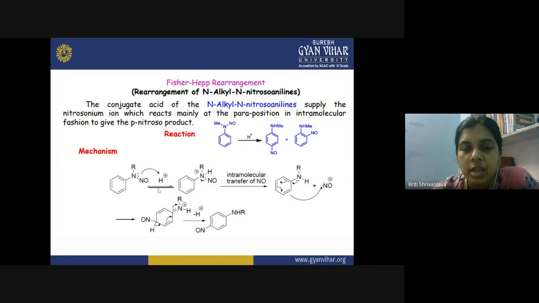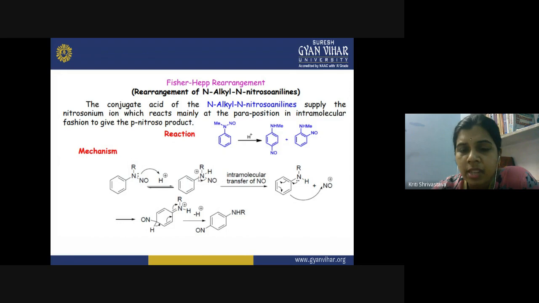amine nitrogen, and once the acid is present, again the nitrogen electrons will attract the proton present in the medium. This proton will come here and get attached to the nitrogen, and the nitrogen will now contain the positive charge of the hydrogen, because the formal charge will move in the opposite direction. So now the positive charge will be on the nitrogen, and finally the positive charge will be taken up by the nitroso group, and it is removed.